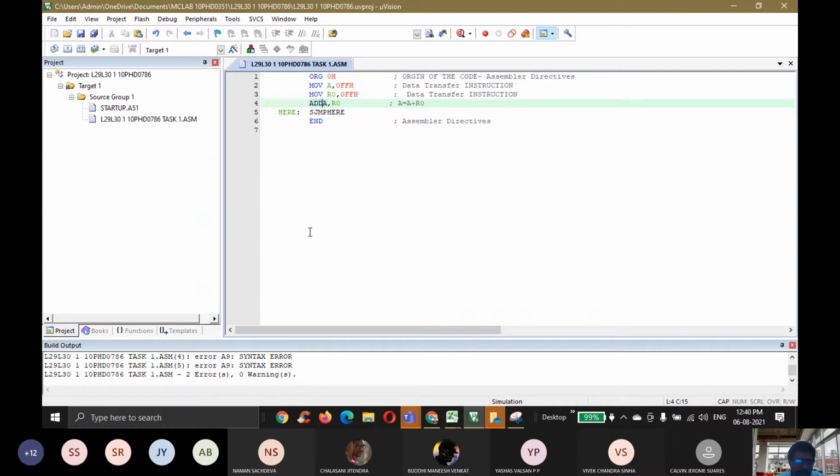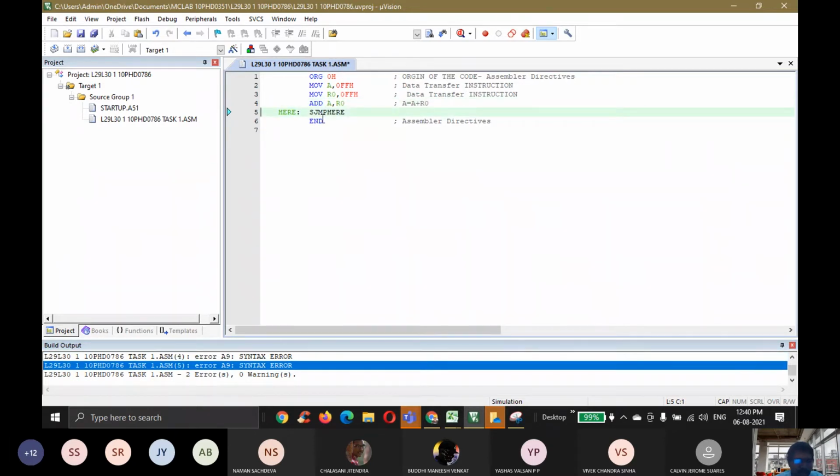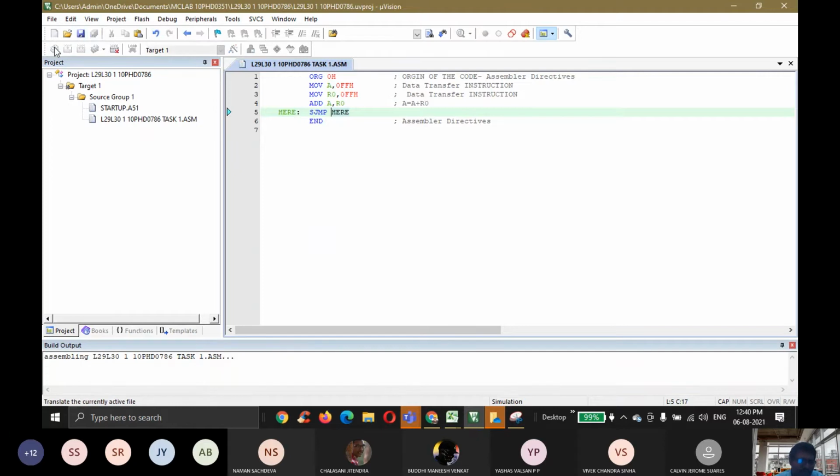You go to that place by double clicking it, and it will show the line number where the error is. Very simple, just click it. Similarly, for the next error, you double click. Just go through that once and then you can understand: the color is not changing, therefore there is an error. Again, you save it, build it. You will get no errors. So this is the way to rectify the errors yourself. I hope everyone understood how the errors will be displayed. Okay.